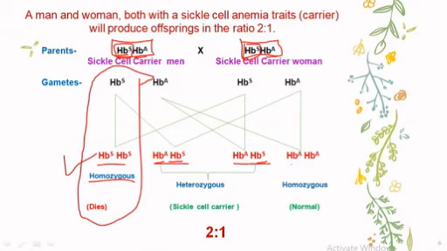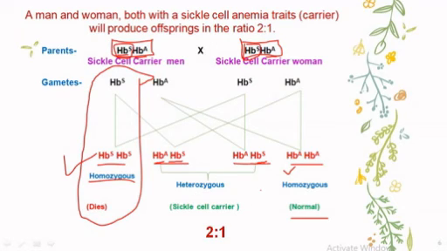Now the last offspring you can see is homozygous normal, means it doesn't have any sickle cell anemia trait or any sickle cell anemic symptoms, and it can't produce offspring with sickle cell anemia because here no HbS is present. So this is a totally normal human being having no such trait or disorder. The homozygous HbS offspring gets removed from the population and only